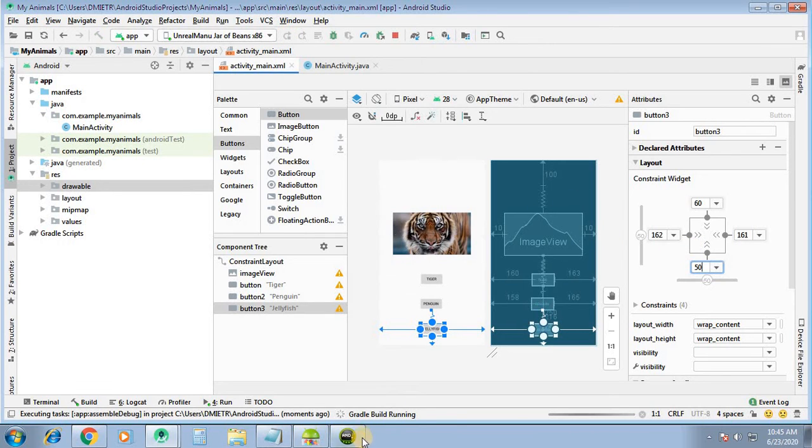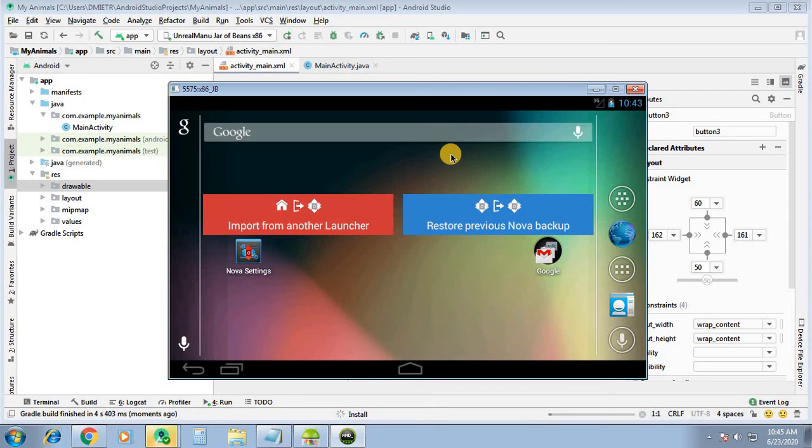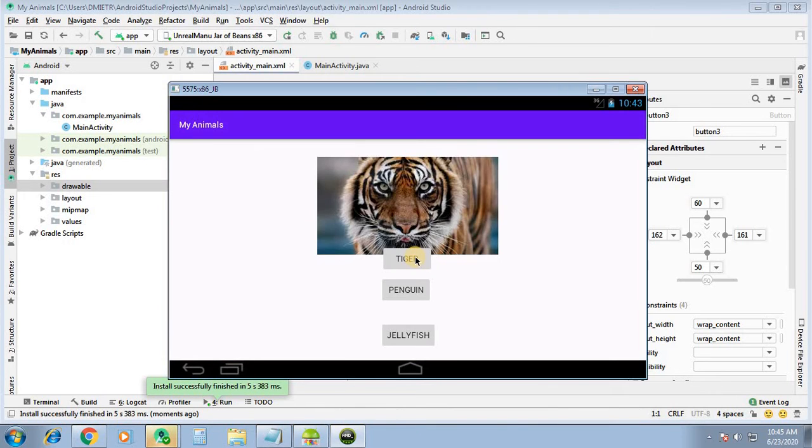We have to manage this from the constraint level, because we are setting it in portrait mode and viewing in landscape mode. Tiger, penguin and jellyfish.